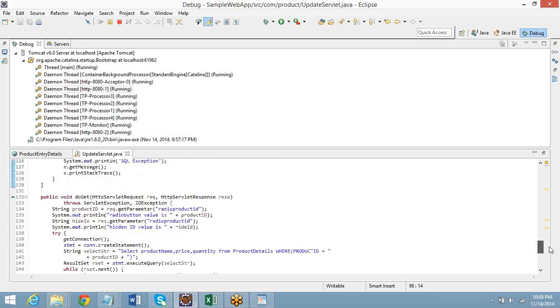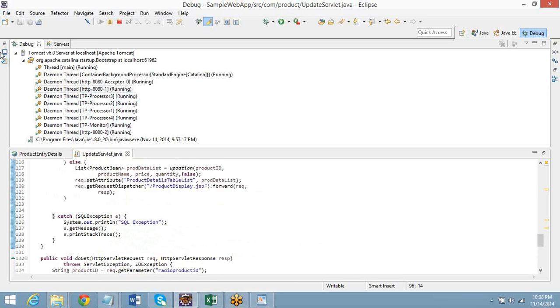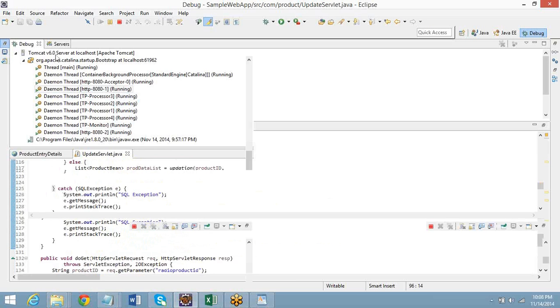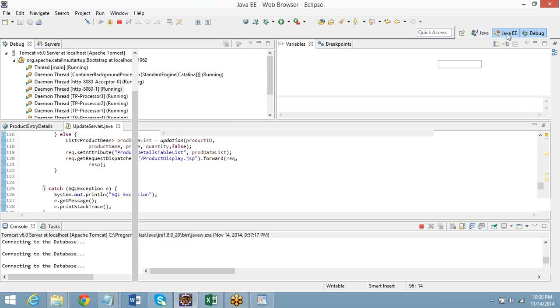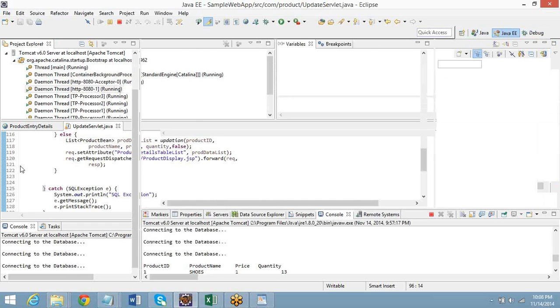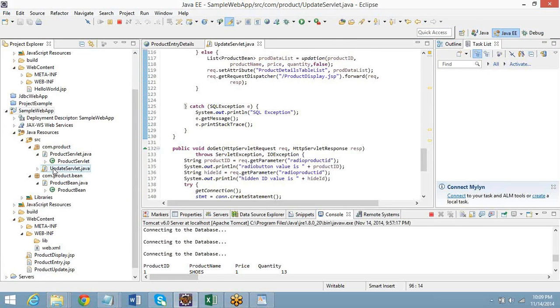No, hold on. I got confused. Somewhere I'm using the get method. I need to check the whole files. Don't you go to the Java EE perspective first? Wait, open the files in the order I tell you. One second. Close everything.